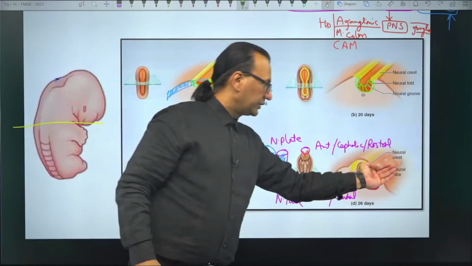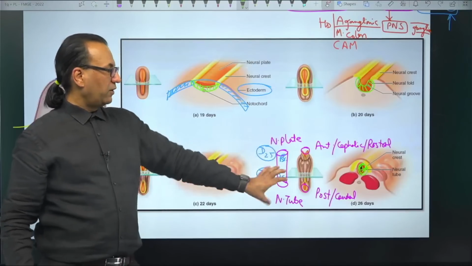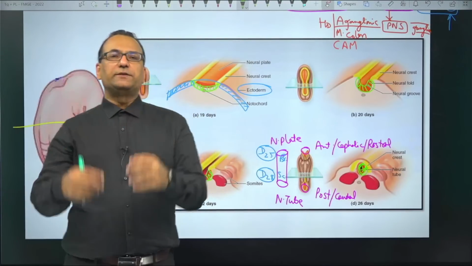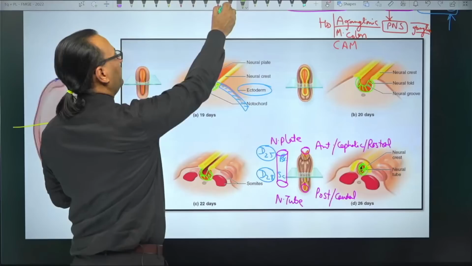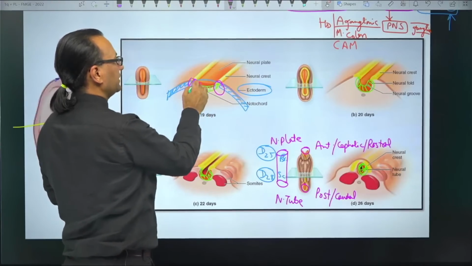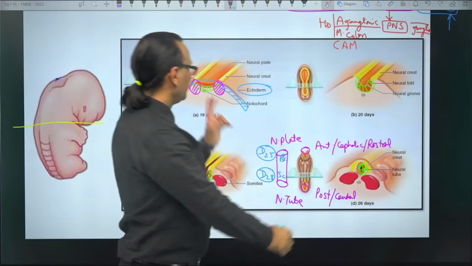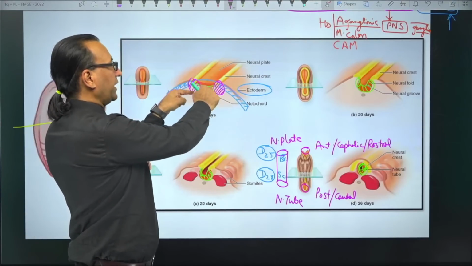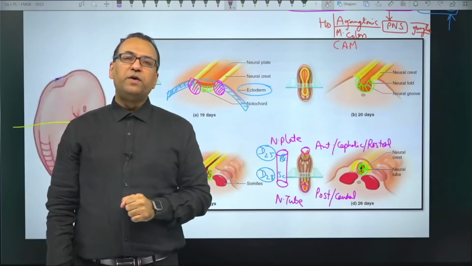And it is the neural tube which we have shown in the full. This is a transverse section, this is full scape, and this is the one which forms the brain and spinal cord. Now at the periphery of the neural tube, or at the junction of the surface ectoderm and neuroectoderm, you will find what are called the neural crest cells. So neural crest cells are at the junction of surface ectoderm and neural plate ectoderm, and these neural crest cells will contribute to the